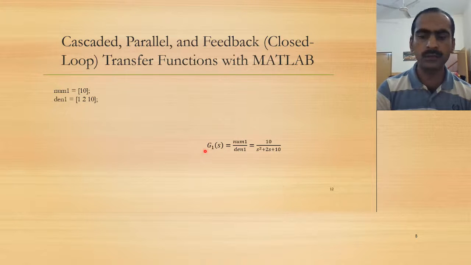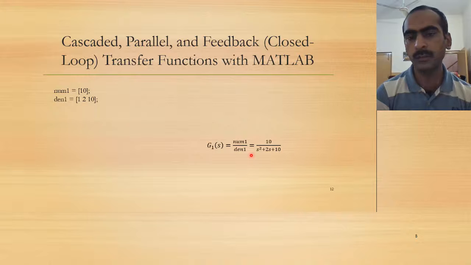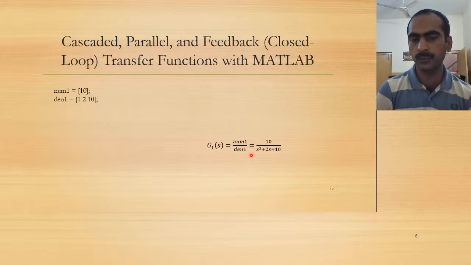If, for example, G1(s) is a Laplace transform of a block diagram, obviously it would be a fraction with some numerator polynomial in s and a denominator polynomial in s. For example, G1(s) is 10 over s squared plus 2s plus 10,